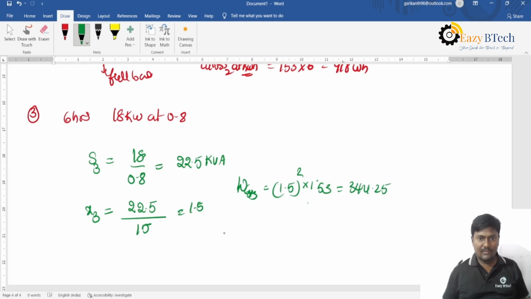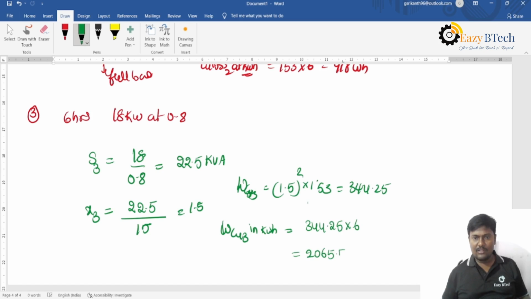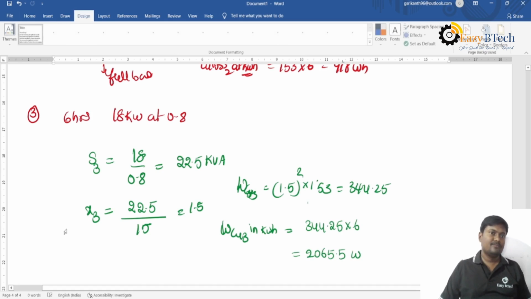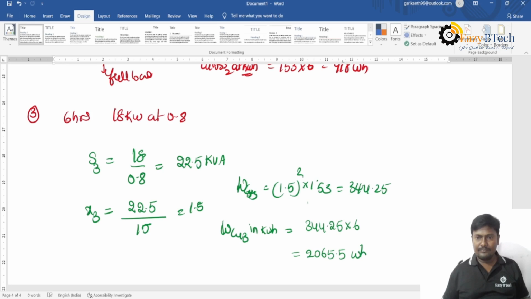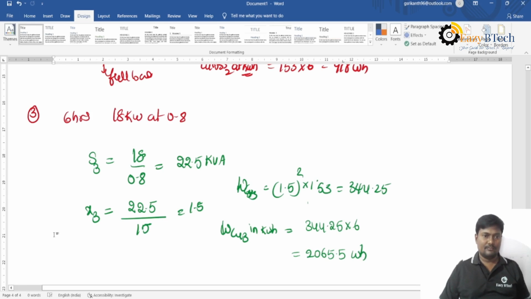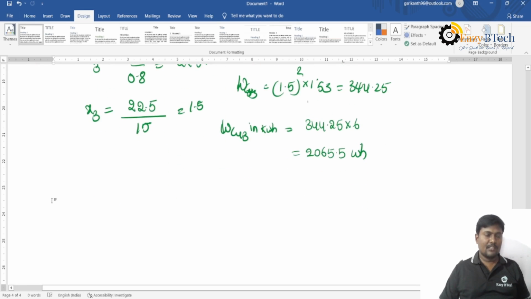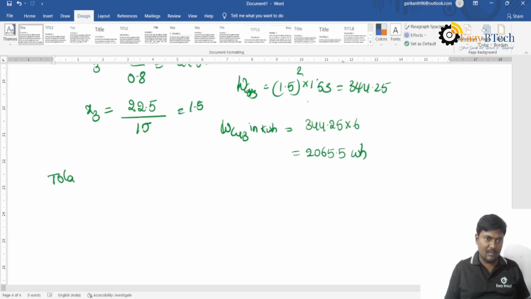That is 344.25 watts, and the copper loss in kilowatt hour is 344.25 into 6, which is 2065.5 watt hour. Then the iron losses take place over 24 hours. Now the total copper loss